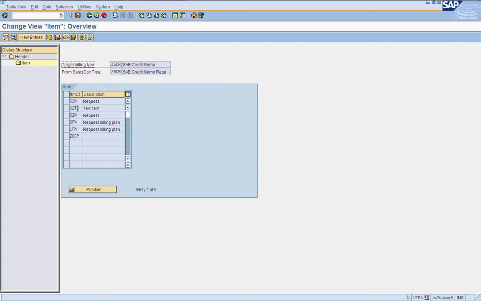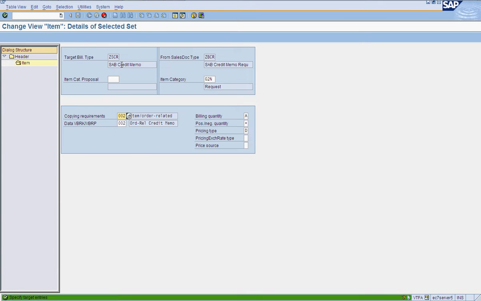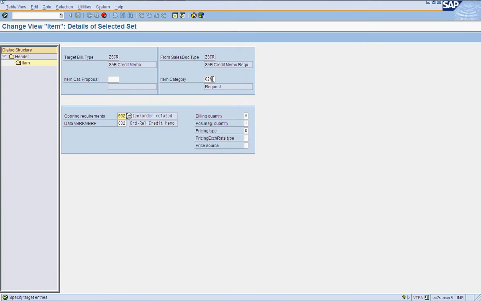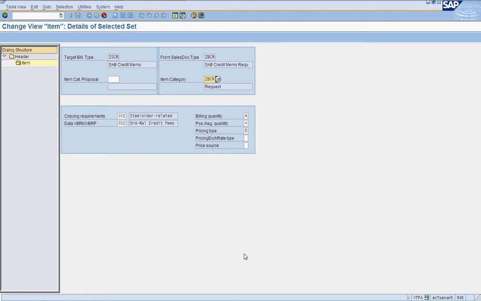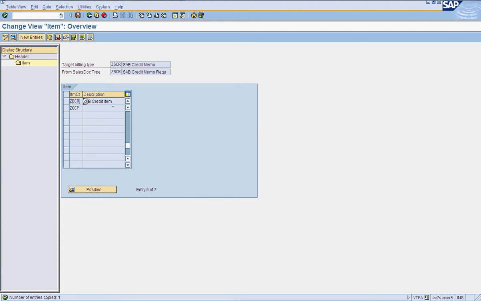So we have to enter our item ZBCR. The source item category is ZBCR. And save.